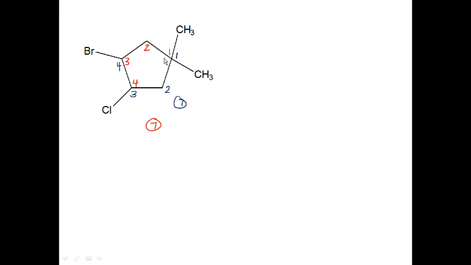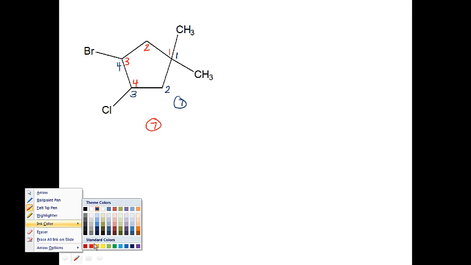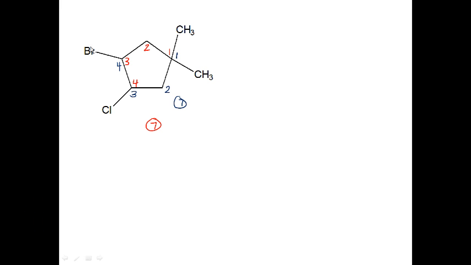So in this case, how do I break that tie? Well, I'm going to break the tie based on alphabetization. Bromine is going to come before chlorine alphabetically, and so therefore I want the bromine to have the number 3 versus chlorine having number 4. And so in this case, I'm going to use the red scheme, and I'm going to have a